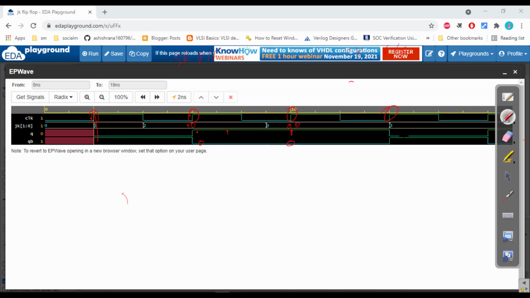Now again it changes from 0 0 to 1 1, so the output is the complement of the previous output. It was 1, so it changes from 1 to 0, and Q bar from 0 to 1. Next, again it is 1 1, so again it will change: Q changes from 0 to 1, and Q bar, which was 1, changes to 0.